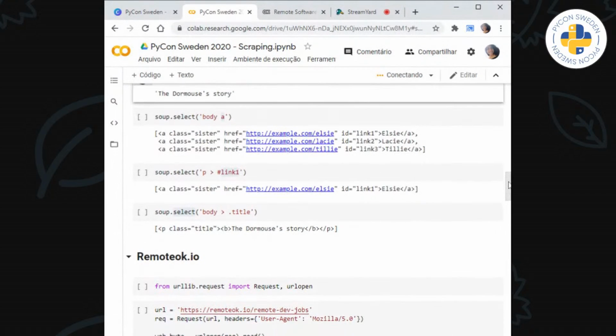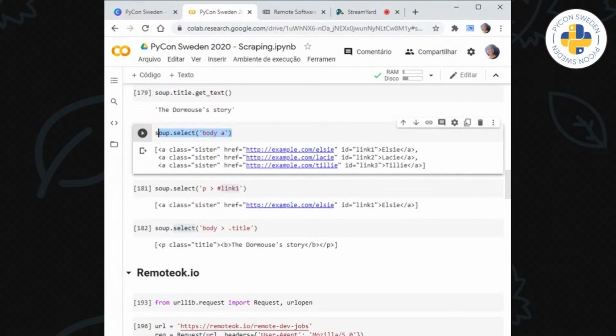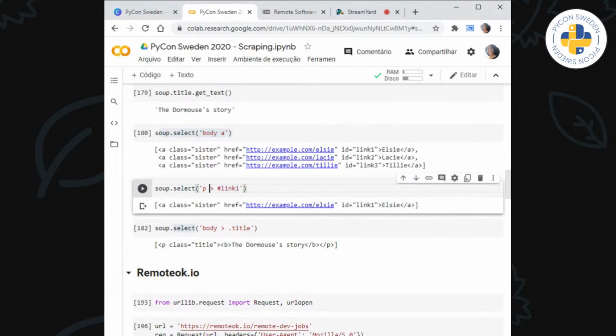Another useful method is called select, and you can do the things I did with find, for example. Here it's looking for all the links inside body, meaning all the links. So it's basically the same thing as find_all here, but select gives you more freedom to do whatever you want, because here, for example, I can find all tags that have a certain ID inside a paragraph.